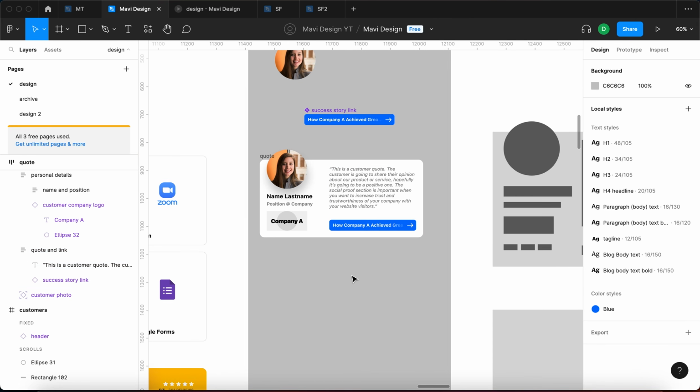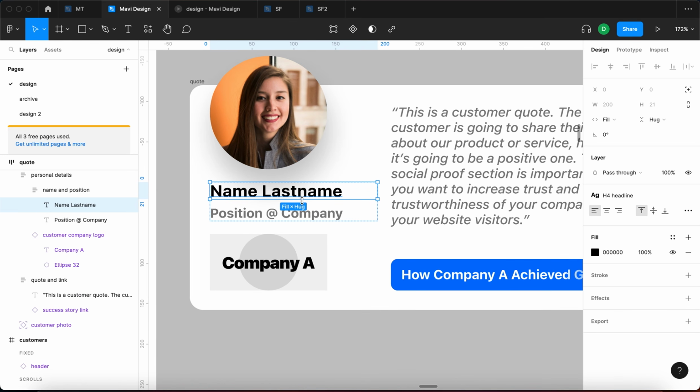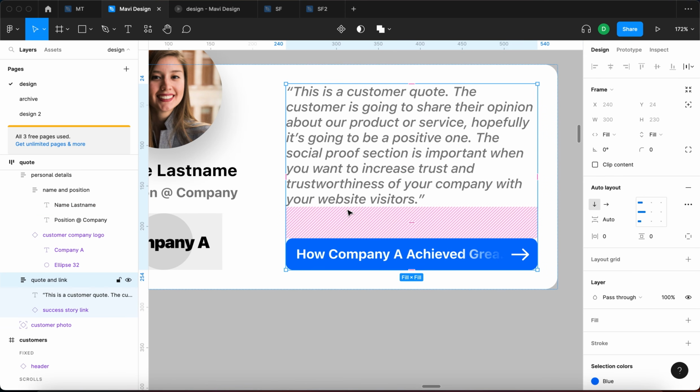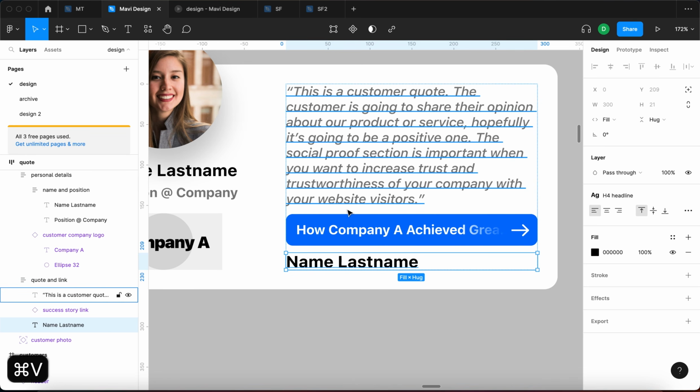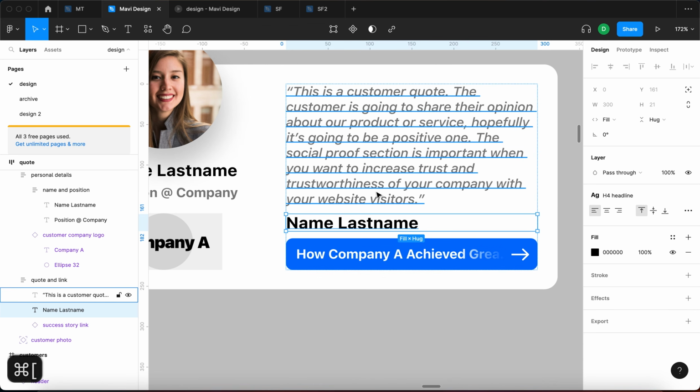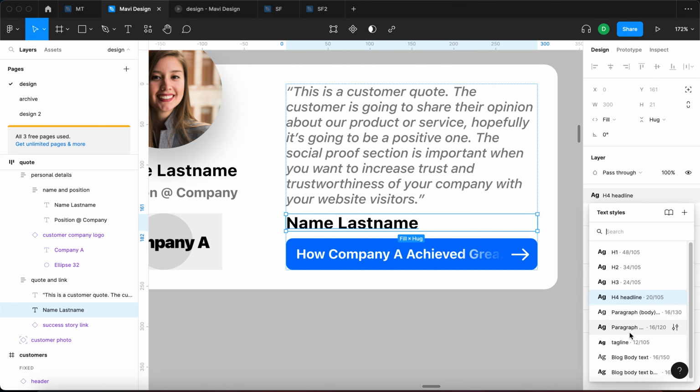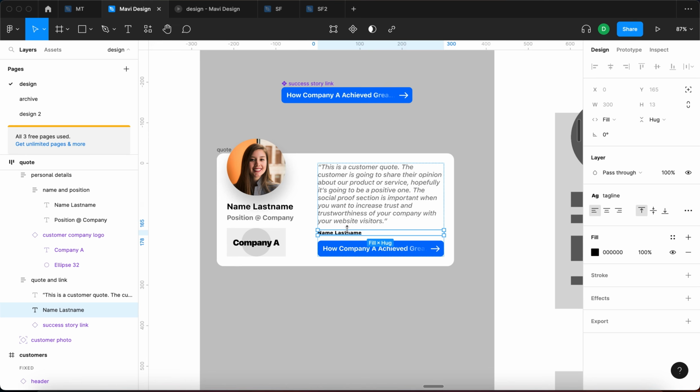And one thing I believe that could be here is a small headline. So let me just select this text object, Command C, select this quote and link section and press Command V. And then I'm going to move this towards the top and change this to tagline. Press enter and type in related success story so that this is absolutely clear